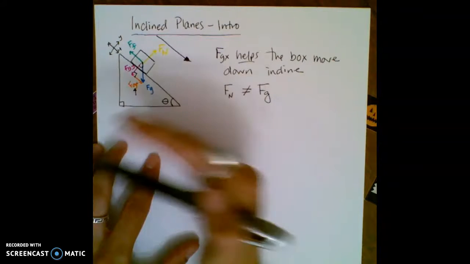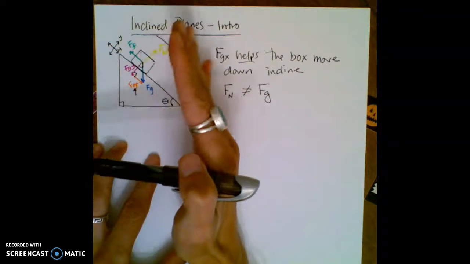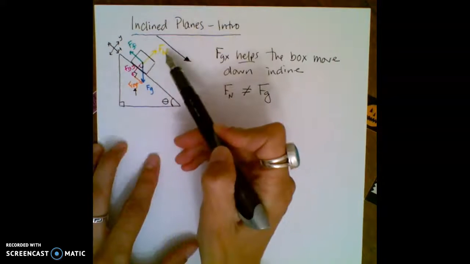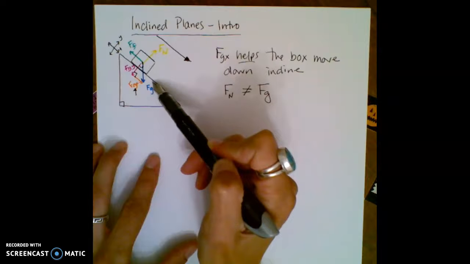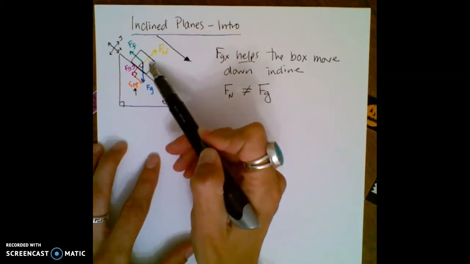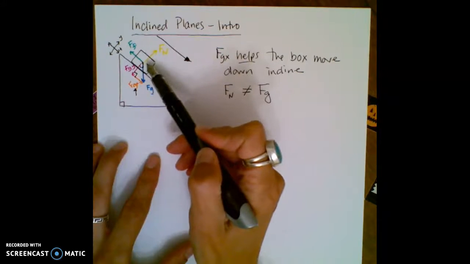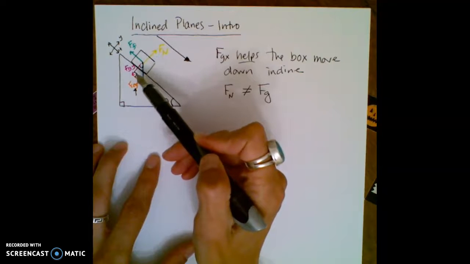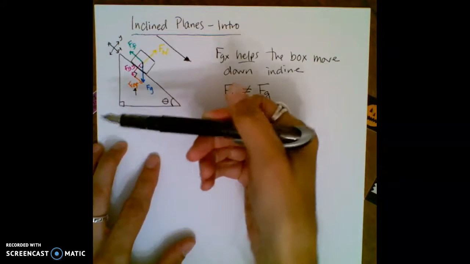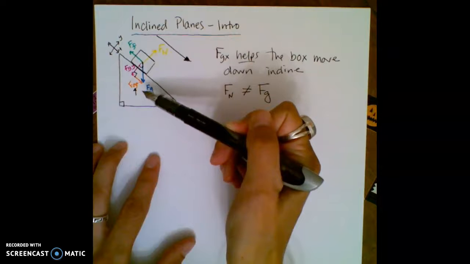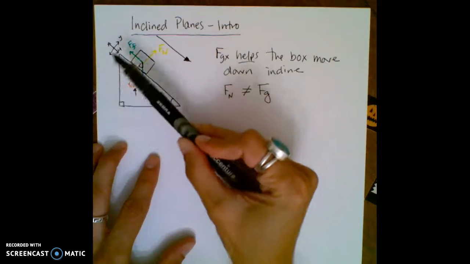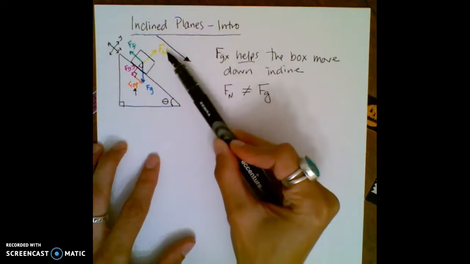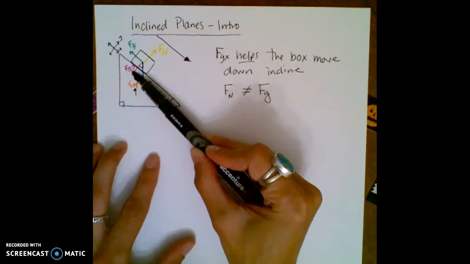And that's because as this incline increases in angle, the normal force gets less. And it gets less because there's less force that the incline is actually pushing back up on the block. Because if you think about a block or something that's in free fall, the only force that's acting on it is the force of gravity. And when something is horizontal, the normal force is equal to the weight. So as you slowly increase the angle, the normal force decreases, and it's equal to the y component of the